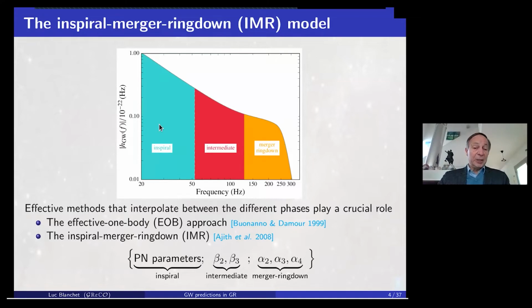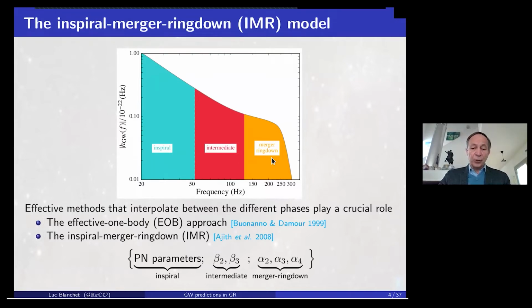And you can also use some phenomenological models that have been proposed, which are able to interpolate between the initial inspiraling phase of the compact binary coalescence. Here is the signal in the frequency domain, an interpolation between this initial post-Newtonian in-spiral phase and the final numerically computed merger and ring-down phase at the end.